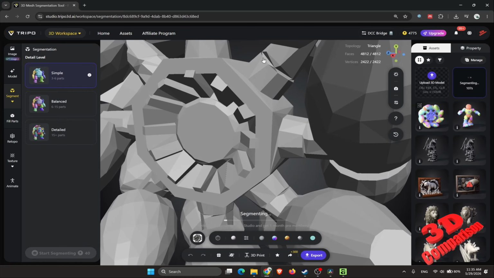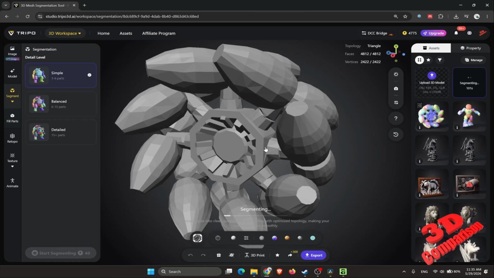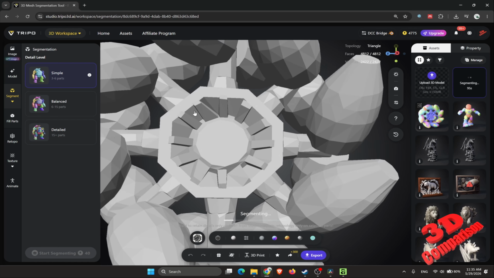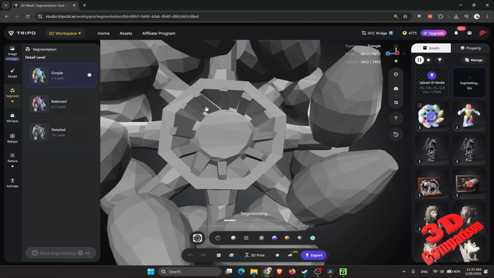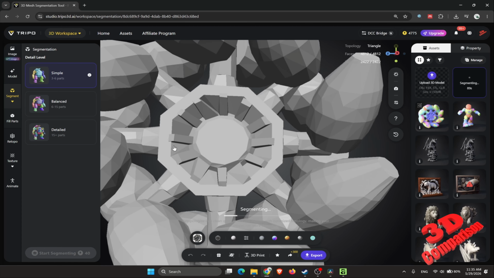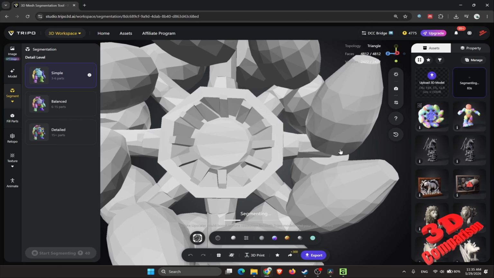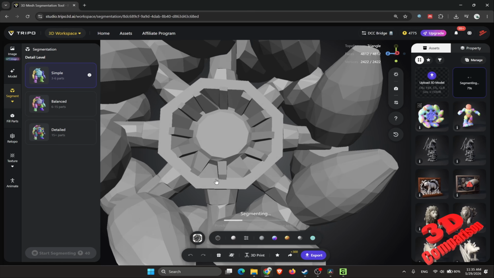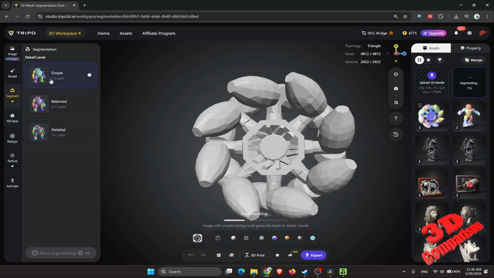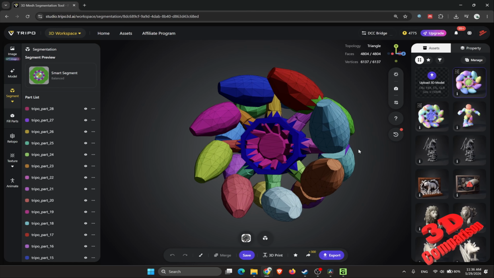We see over here that this section is a little bit more poorly generated than previously, so it's not that consistent. I was expecting a similar output result. We see over here those ribs are also different and they are symmetrical, but as you can see on this diagonal, so it's not a perfect symmetry onto the middle of the part on the horizontal axis or vertical axis, actually like this. But I'm really curious if the simple mesh segmentation will now do a better result, and it is better, but